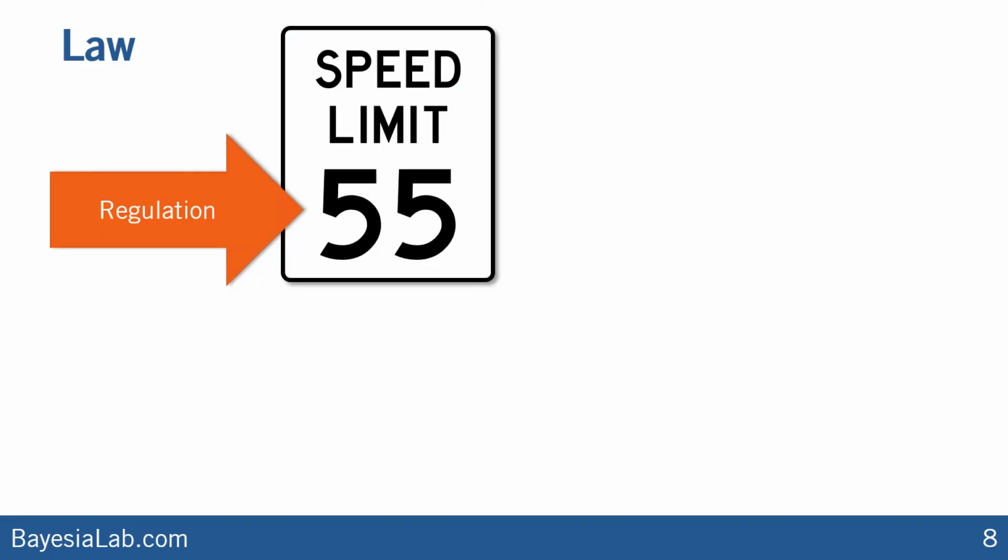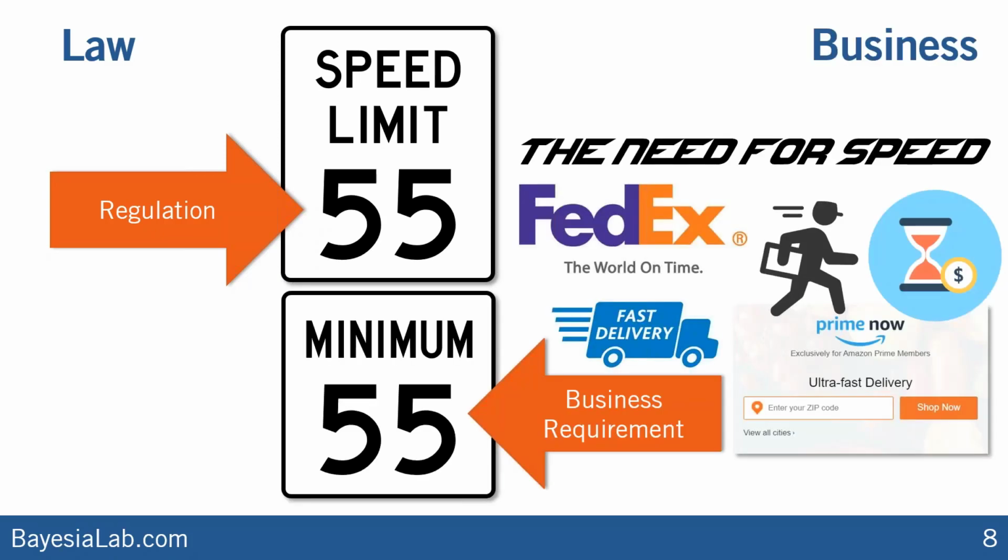Very simple. We're all very familiar with this. One law that we all deal with is speed limits. And clearly for a transportation business, that is a very critical limit, because obviously it constrains the speed at which they can transport goods. On the other hand, given competitive pressures, business pressures, that is not just an upper limit for them, but it really becomes a lower limit at the same time. So if you're in transport, if you're in delivery, then really your maximum becomes your minimum.